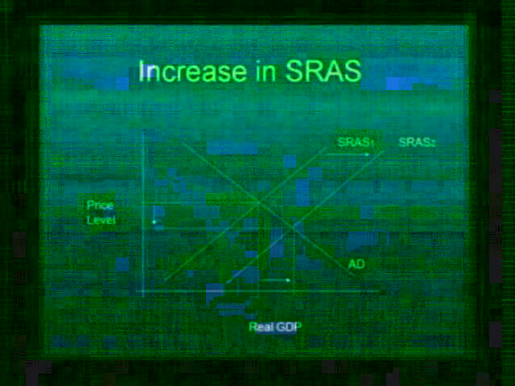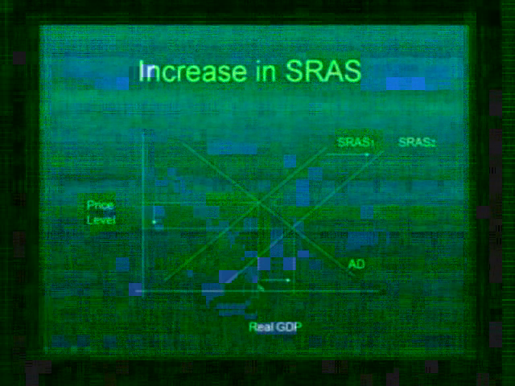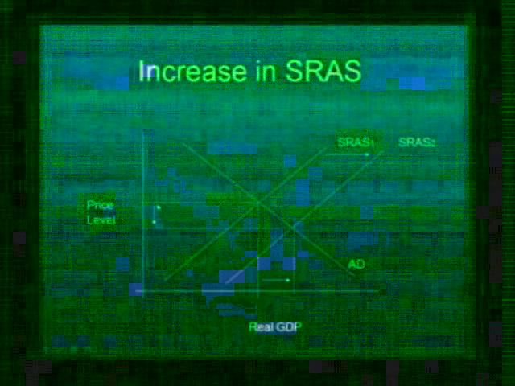We move from aggregate supply 1 to aggregate supply 2. This time we get a little bit better, a little more consistent outcome, don't we? Because what we would be looking for is this increase in real GDP. There are more real goods and services being produced, but notice we also got a decrease in the price level